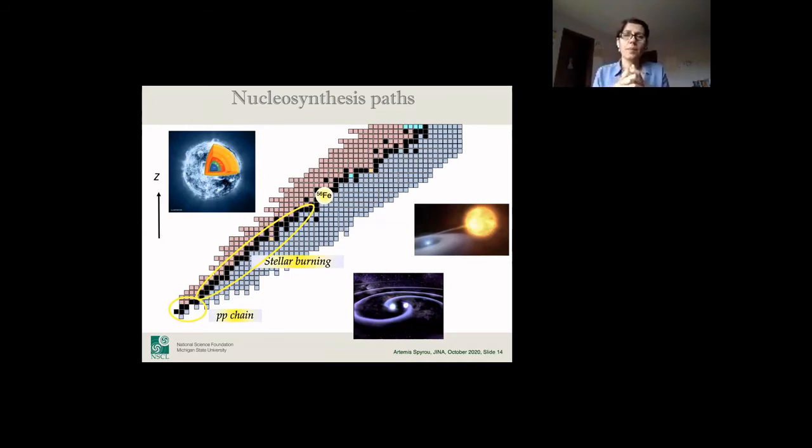Another way to think about this is in terms of energy. In a stellar environment, the lighter reactions, all these reactions here, release energy, and so they help balance the star, they help with its evolution and maintaining its stability. But if you go heavier than iron, then those reactions eat up energy, and so they go in the opposite direction. They don't help with balancing the star at all, they actually help destroy the star. And that's why iron is the end point, or a magic point in nuclear astrophysics where things have to change.